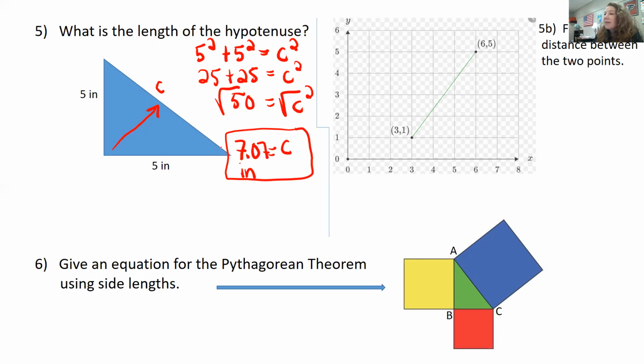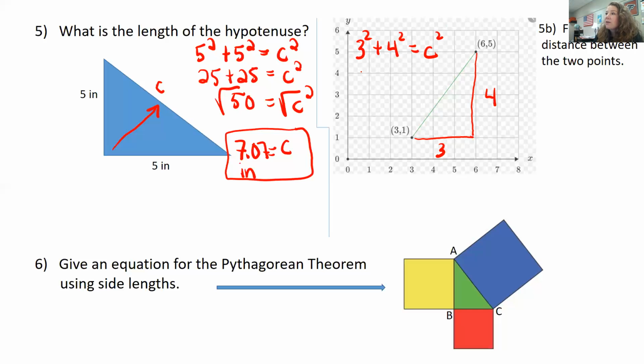Okay, what about 5b over here? If we are given 2 points on a coordinate graph and we want to find the distance, then we are going to create a right triangle, either by making a right triangle below or above the line. Either way, that's going to be our hypotenuse. So then we see how long or how wide this triangle is. So we have 1, 2, 3 units, and here we have 1, 2, 3, 4 units. So our legs are 3 and 4,